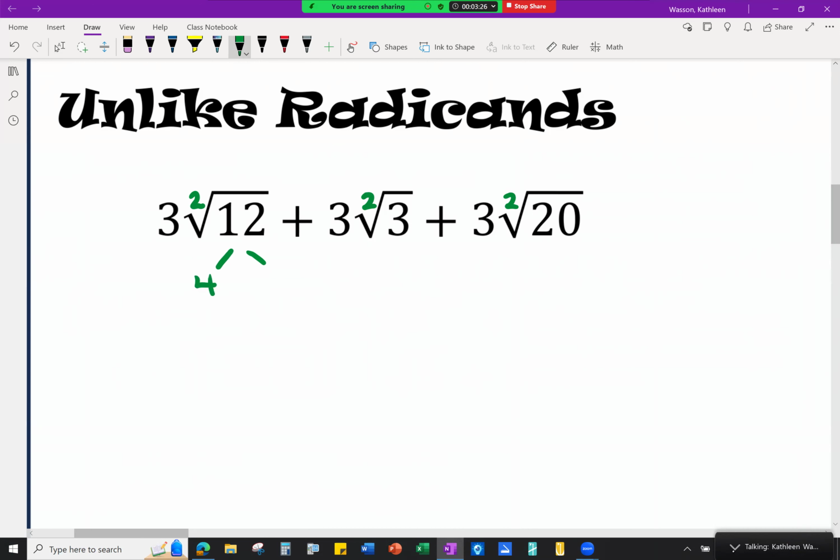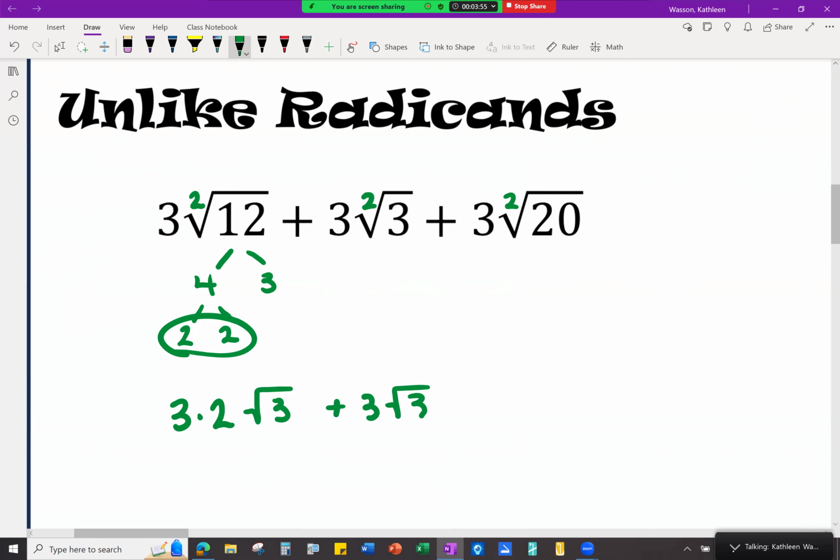12 is 4 times 3. 4 is 2 squared. It's 2 times 2. So I have a 2 I can remove from this group. That'll leave square root 3. Like this. This next radical expression, I can't simplify this anymore. It will stay 3 square root 3. And the last one,